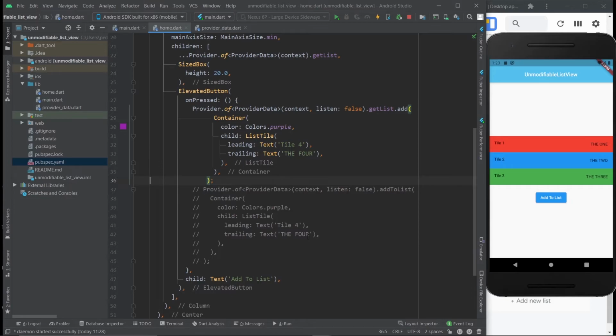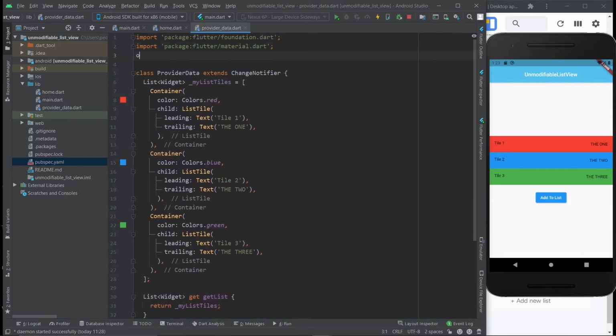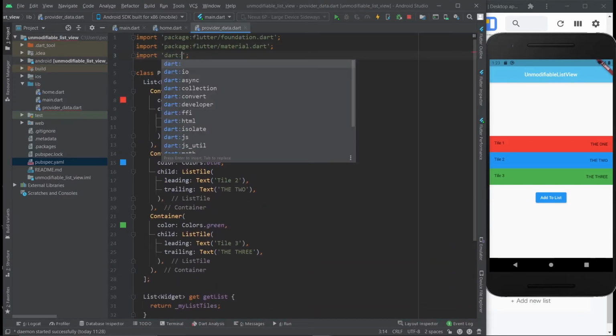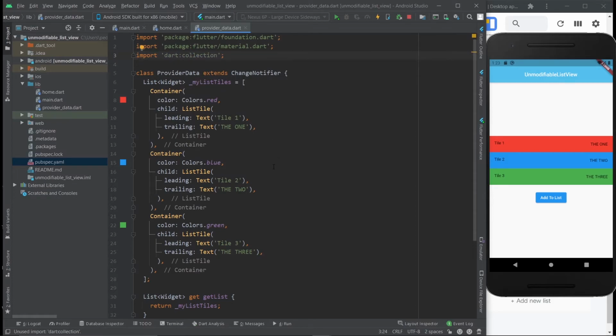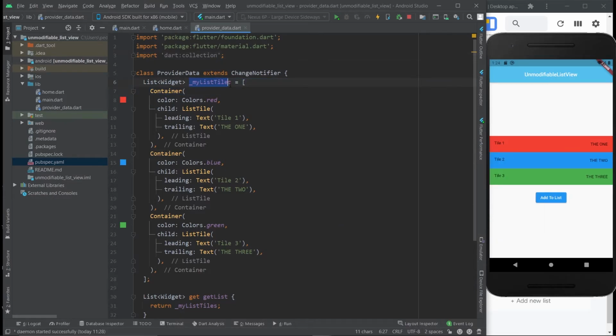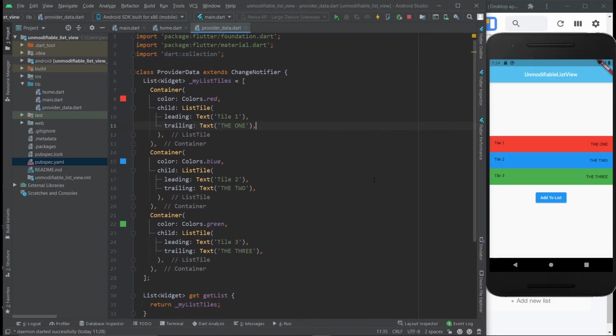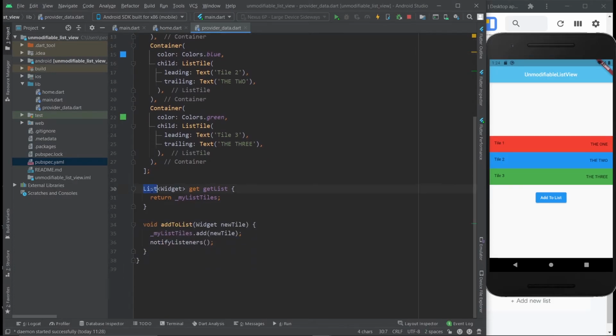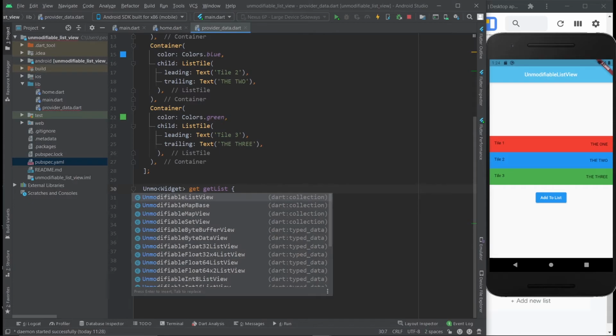And we finally get to what this video is about, which is about the unmodifiable list view. Now, the first thing you need to do to use it is import something called Dart collection. And again, all this effort is just to minimize coding errors, which is why I'm calling it a good coding practice. And as you should know, whenever you can, make your variables and methods private. Sometimes I don't do it in the videos, but that's just because they're videos and I'm focusing on something else. But anyway, now that we have the Dart collection imported, instead of this right here, we do unmodifiable list view